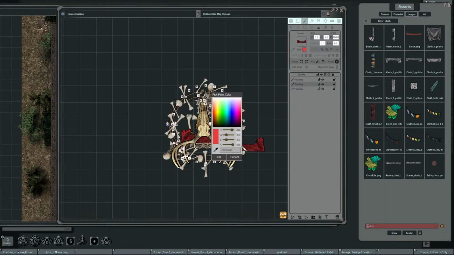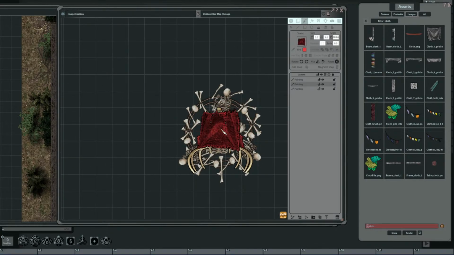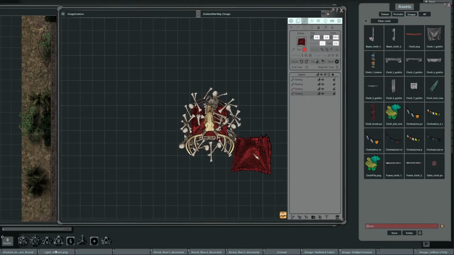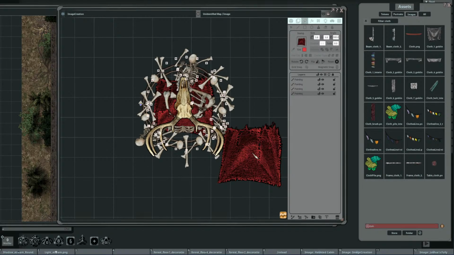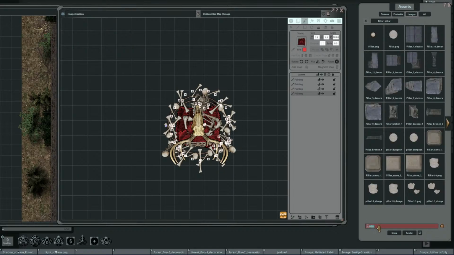Yeah. I grab this, copy that, and then we can grab some of these other elements, right? And then we can just place this right in here. And we'll do this and put this at the bottom here. And we'll do maybe like some